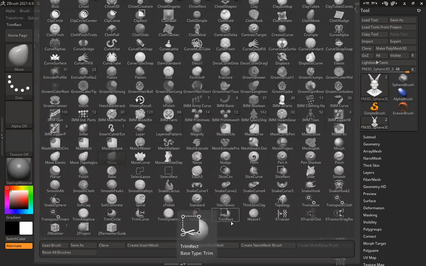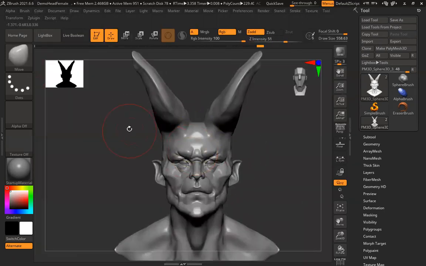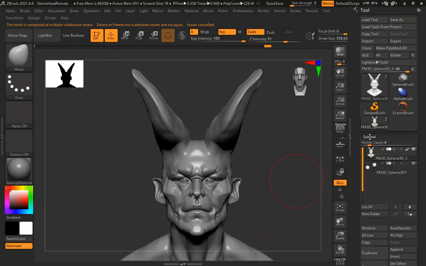I can use Lasso. Control Shift. It won't work because it has multiple subdivision levels.